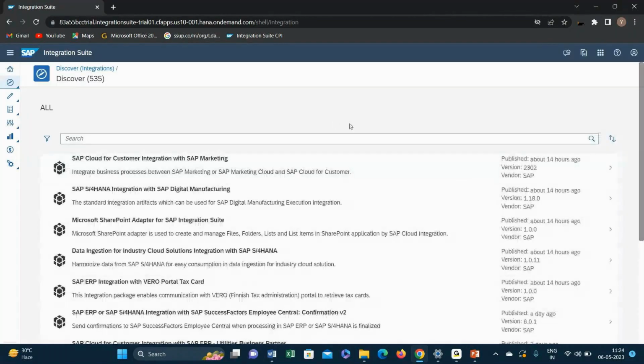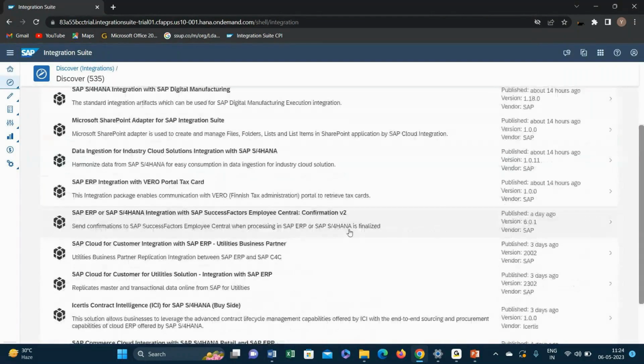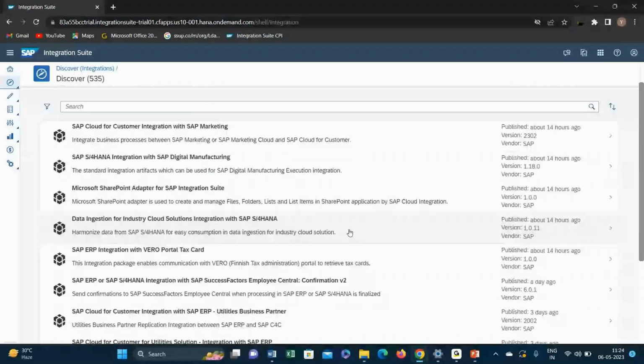pre-packaged content. So we have a lot of packages that we can use directly, and it reduces a lot of effort and time. It's like an automation object; we just need to establish connectivity between source and target. So for the remaining, if you go inside,